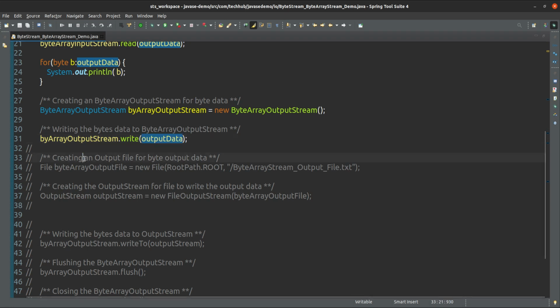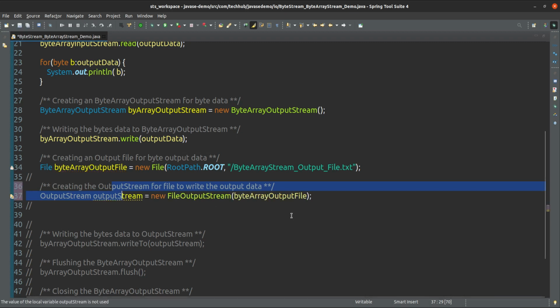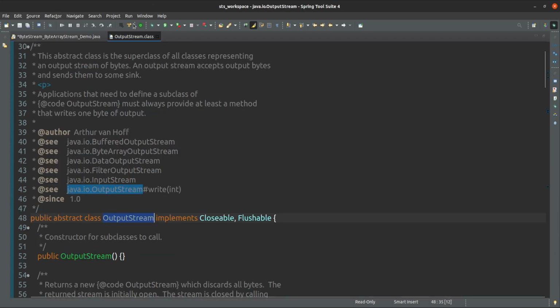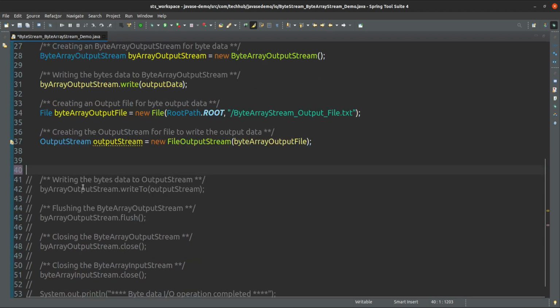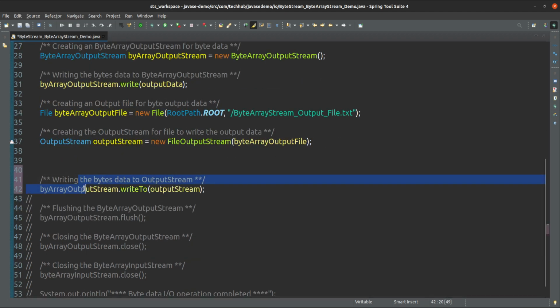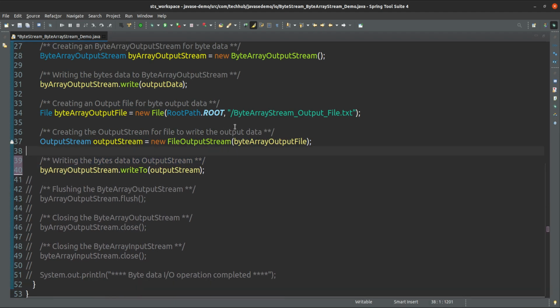We have to place that data into some file, then only we can see it. So for that purpose, we have created one file. We have created one byte array stream output file, and for that file we have created one output stream. Into this output stream, we have to write this byte array.